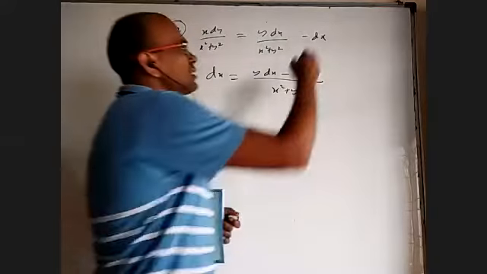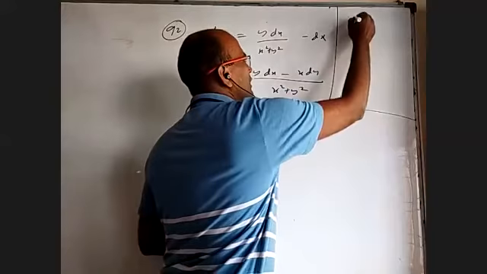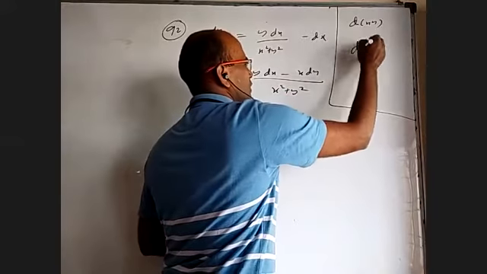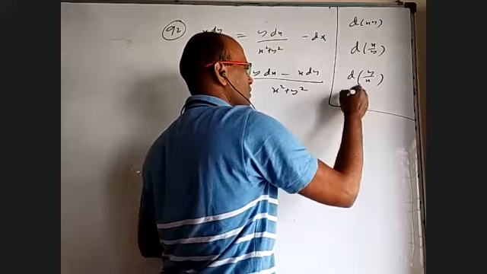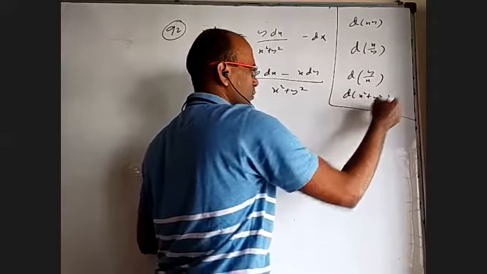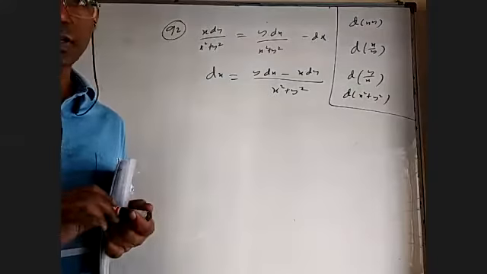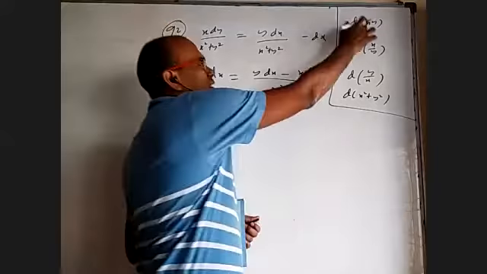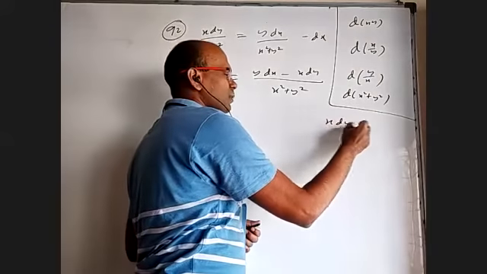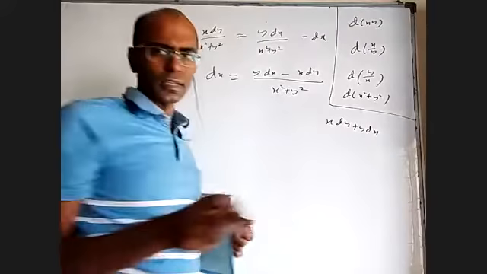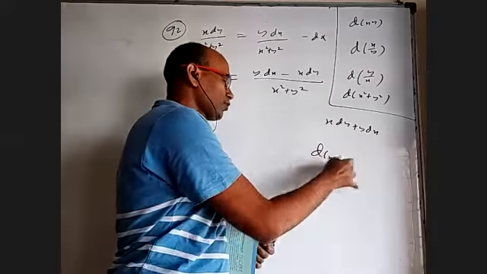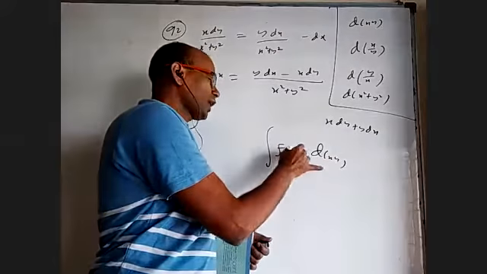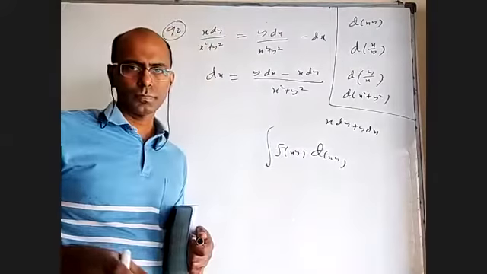As I said, mainly these are based on two things: d of xy, d of x/y, d of y/x, and d of x² + y², manipulating these things this way or that way. Whenever you find d of xy, you will find x dy + y dx; you can write that as d of xy. But in the variable separable method, whenever you have d of xy, if you want to integrate, what you have should be a function of xy only.